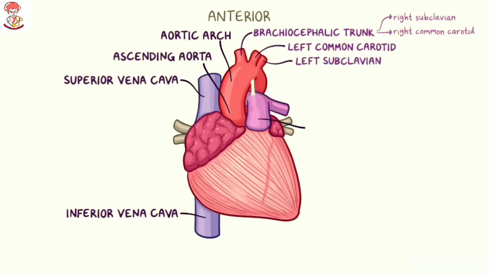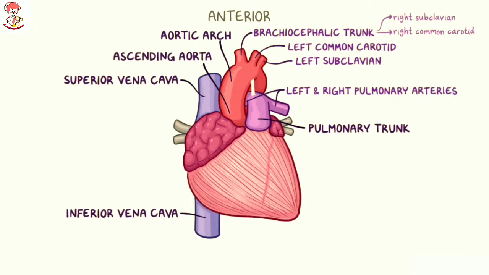Finally, medial to the left auricle, there is the pulmonary trunk, which emerges from the right ventricle and branches into the left and right pulmonary arteries, with the right pulmonary artery going under the aortic arch. Interestingly enough, the superior portion of the proximal left pulmonary artery is connected to the inferior surface of the aortic arch